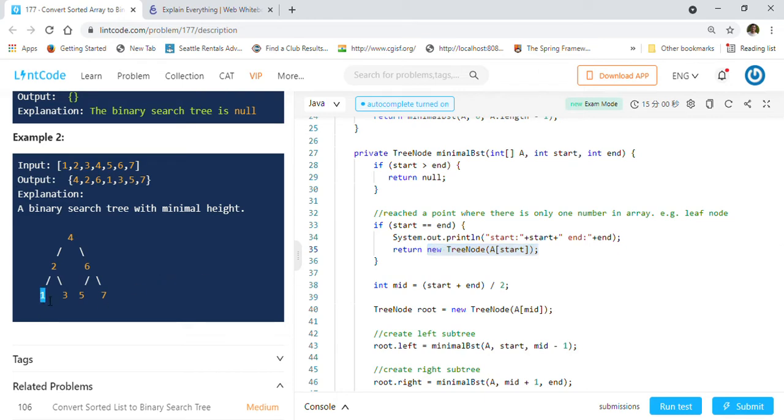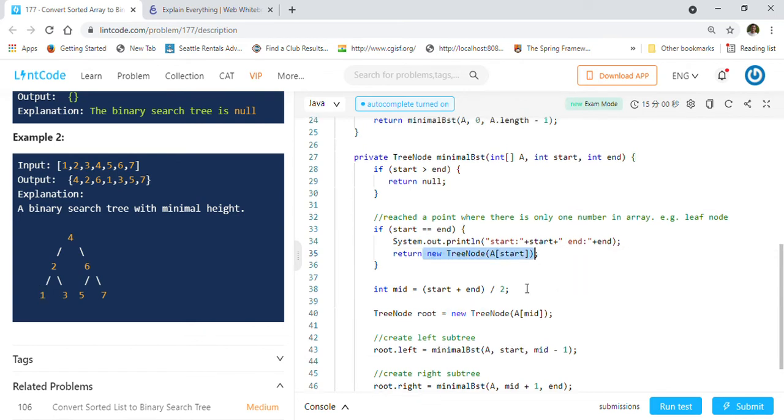For example 1, right? You will just create a 1 node and you will return it to 2 basically, and then it will get attached to the left side. Similarly for 3, you just create the node, because there is only one element in the array, right? So you just have to create the node and return it back to 2 basically. That is what it is doing here. So I just printed one system out to show you how the start and end will look like here. So you will know that for 1 3 5 7, the start and end become the same, because it is a leaf node, right? So we'll just create a brand new node and return that node.